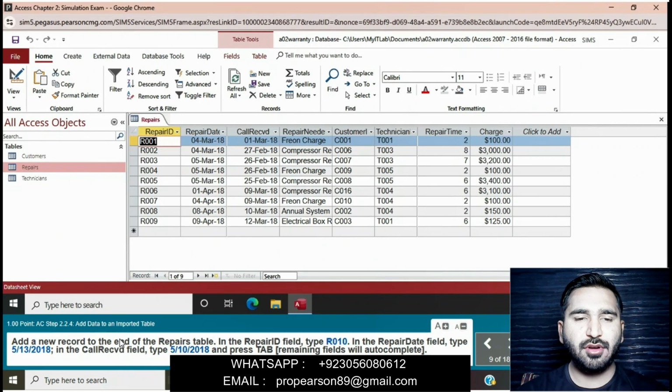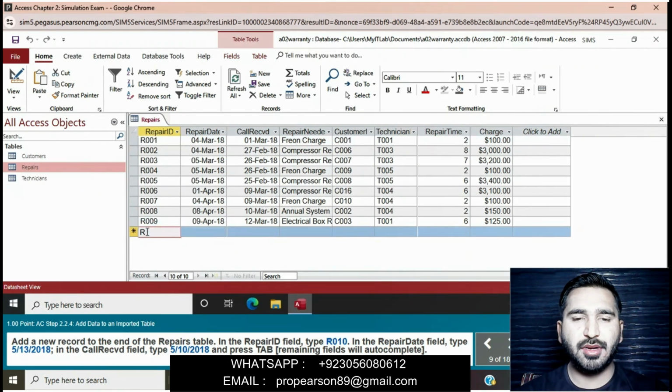Add a new record to the end of the repairs table. In the repair ID field, tab R010, in the repair date field, tab 5/13/2018, in the call received field, tab 5/10/2018, and then press enter, press tab. Okay, first we will add a new record at the end of the repairs table. In the repair ID field, tab R010, and then in the repair date field, tab